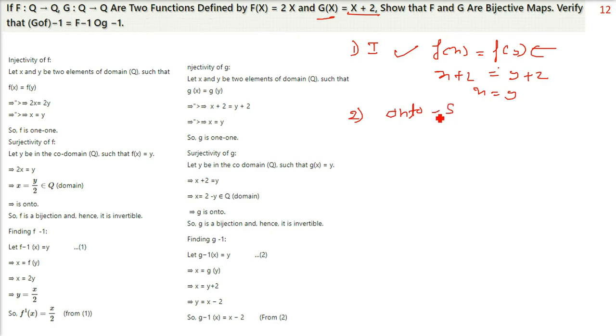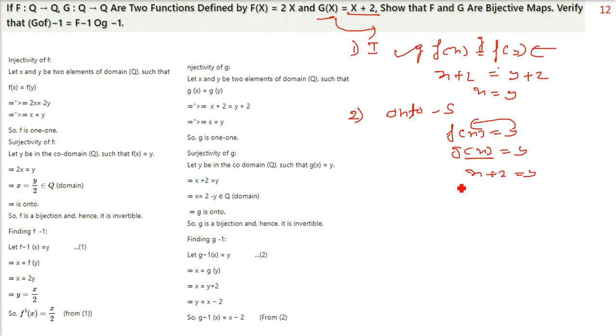Surjectivity. fx equals y. That is, every y should have a pre-image in the x set. So we have fx is x plus 2. Please remember, this all is g because we are dealing with gx now. I'm just writing fx because we have been doing it, but this all is gx. Remember? So fx, I'm writing it as gx. gx is x plus 2.